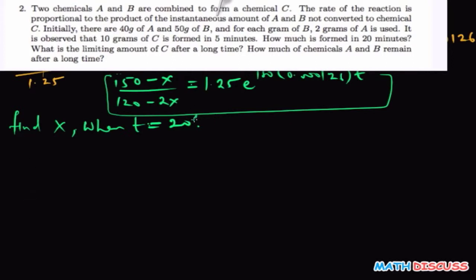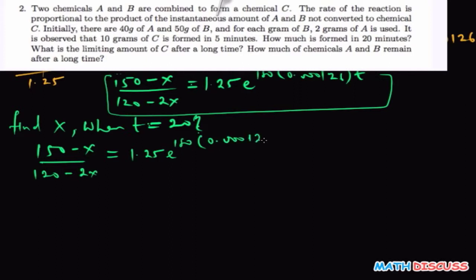So to find x, I have (150 minus x) all over (120 minus 2x) equals 1.25 e to the power 180 into 0.000126 times 20. So when you multiply that, what you'd have is 150